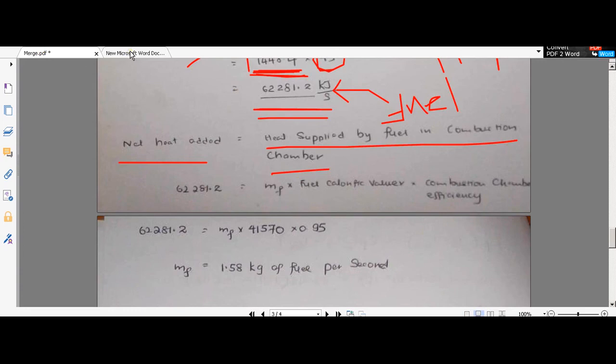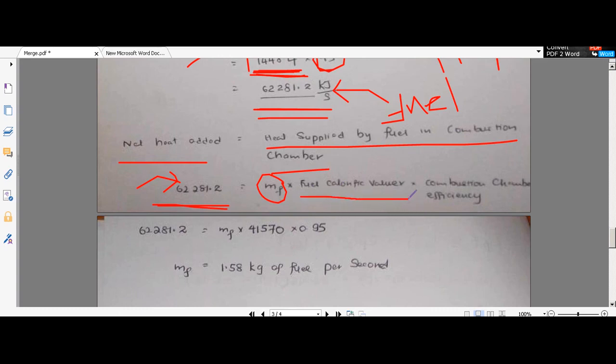So now this is the total amount of heat needed, right, per 1 second, because per 1 second we are giving 43 kilograms of air. That is the point. This is the amount of energy needed per 1 second. Per 1 second we need this much. So that would be the required amount of fuel per second, because till now we don't know the required amount of fuel per second, so that is why we put MF. Okay, so that is multiplied by the calorific value of the fuel.